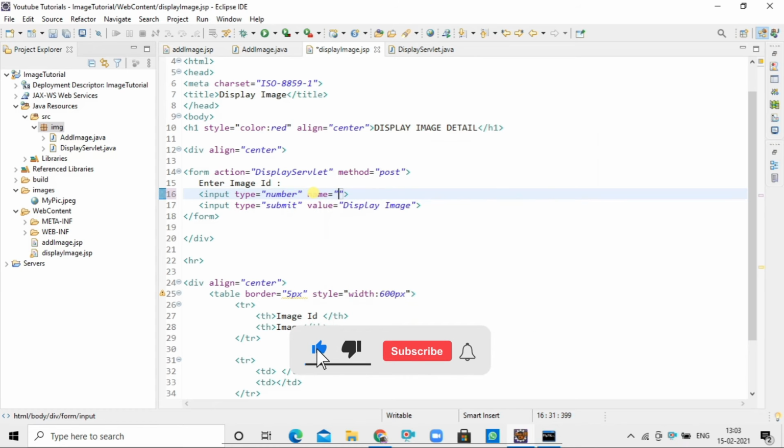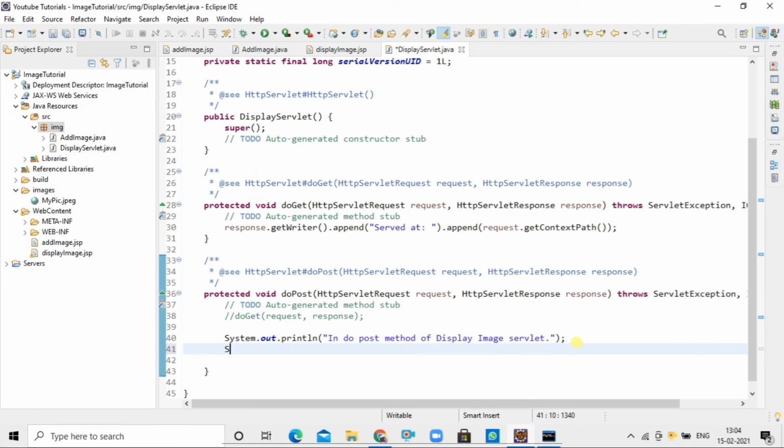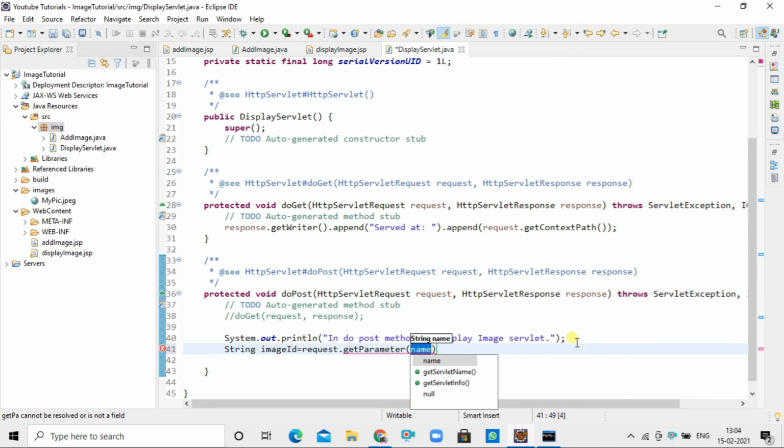Again I will use the name attribute here to fetch the entered image ID in the servlet, which is responsible for backend operation. So in the servlet I will use the getParameter method with the name attribute to fetch the image ID here.